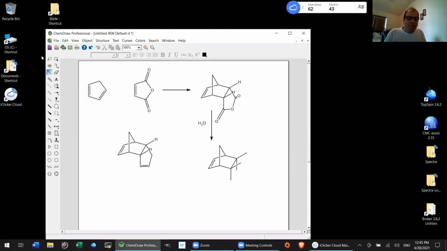Maybe I'll put in my hydrogens first. Oh, that's not going to work. And actually, this dicarboxylic acid is kind of unstable. Unstable to the point that you can't get a melting point, because if you put it into the melting point tube, it just dehydrates and goes back to the anhydride. So it just decomposes. Well, not even really decomposes, it just goes back to the anhydride,